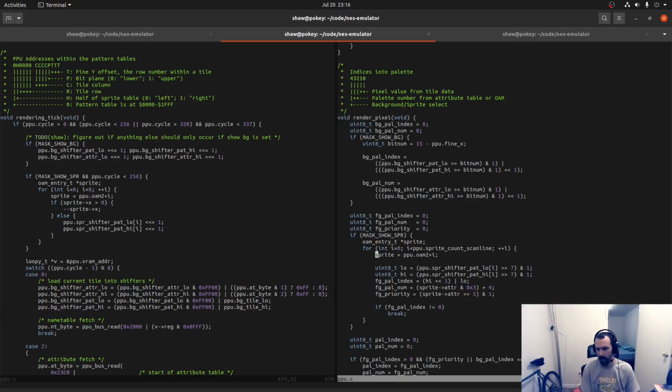But here we need to say only start outputting if the x is 0, right? Yeah, so I think in the actual rendering of the pixel, we only render if